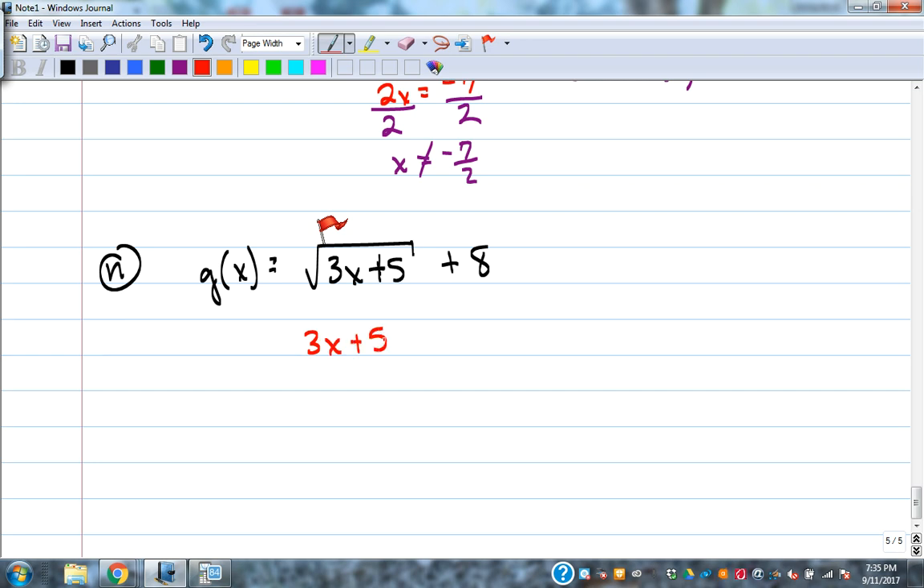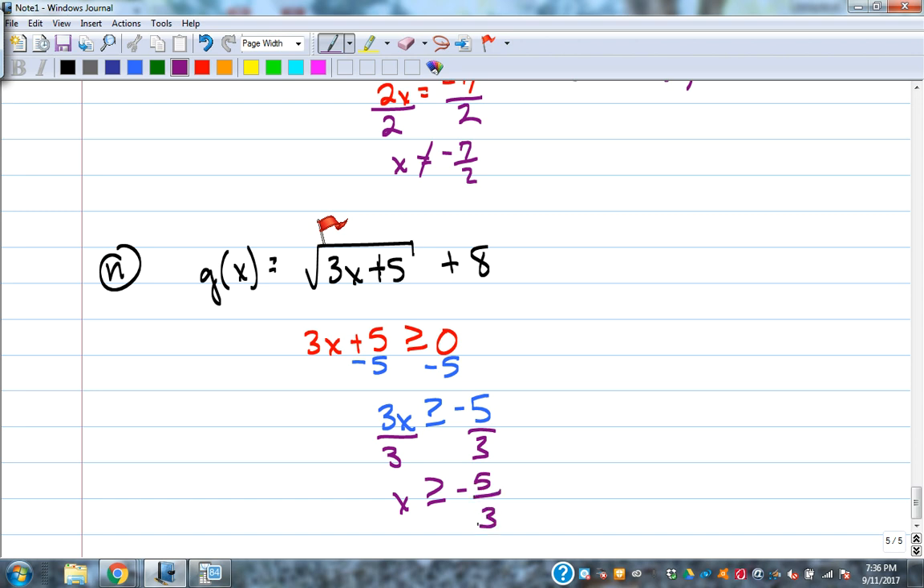3x plus 5 is what? Greater than or equal to 0. Solve that. 3x greater than or equal to negative 5. Divide by 3. Only thing you've really got to be careful at when you're solving these inequalities is if you